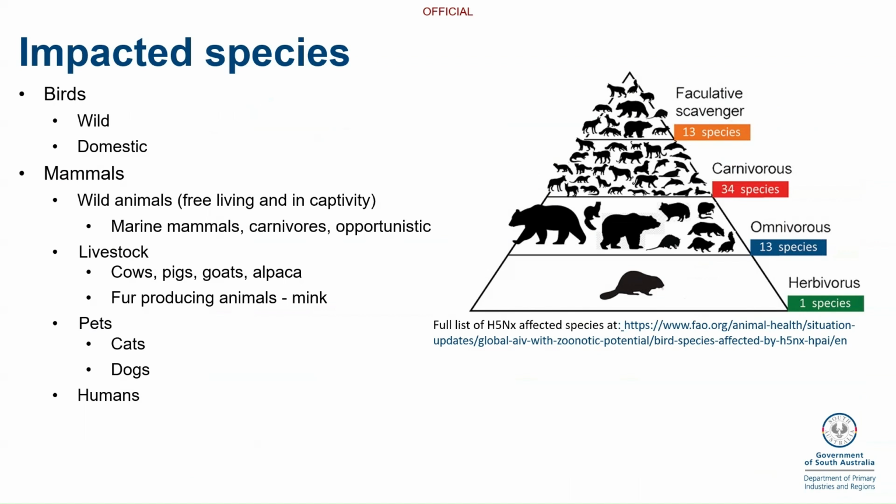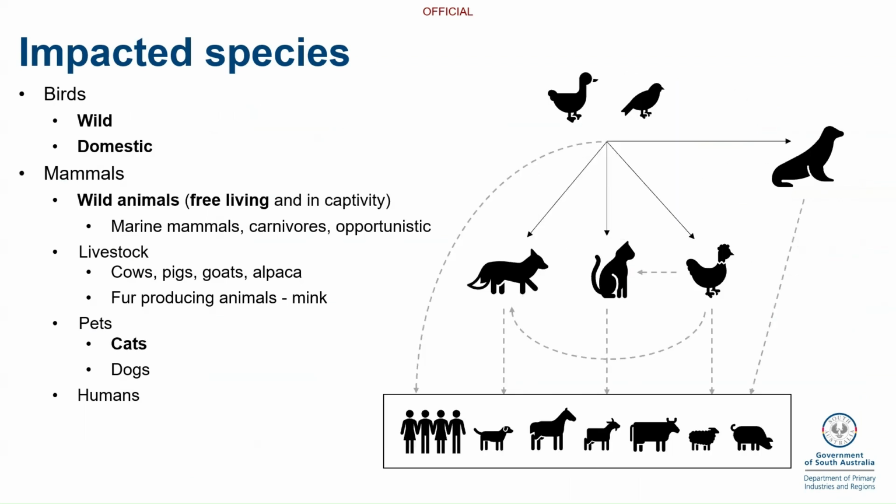If it were to arrive here in Australia, as vets, we need to keep in mind that any species can be infected and affected by this virus. There are certain species that we expect to see first. Mainly, obviously, wild birds, wild mammals closely associated with these birds, and this association could be either by habitat or by diet. Species that you may see outside of the obvious of the wild birds or the pet birds include